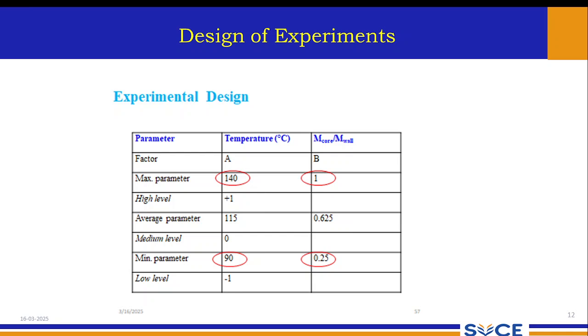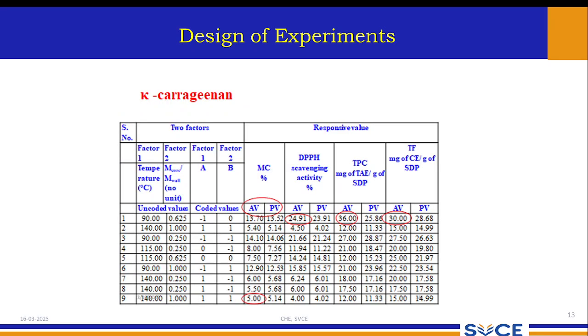This is a coded value. And coming to here, we can see the factors m core by m wall. The coded value has been given as -1, 0, or 1, along with the actual value and predicted value. So for the actual value, by using the design of experiments, we get a non-linear equation. For me, I got a quadratic equation between the two factors, and with that equation, we have used